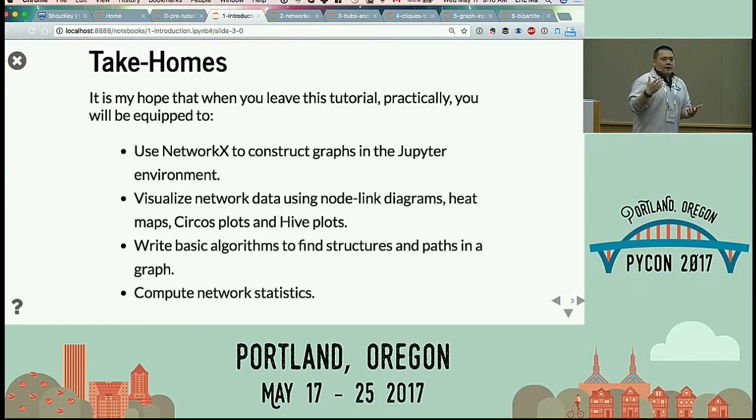The second one is I'm hoping you'll be convinced of the utility of not visualizing networks with hairballs. Right? I do not like hairballs as network visualizations, and I'm hoping to convince you of that as well. So there are rational visualization methods, for example, Circos plots, Hive plots, etc. I want you to have some tools at hand to be able to do that. The third one would be to think through network algorithms. Right? So you don't have to, at the end of the tutorial, be the most efficient algorithm writer, but I do want you to be able to think through network problems in an algorithmic sense,